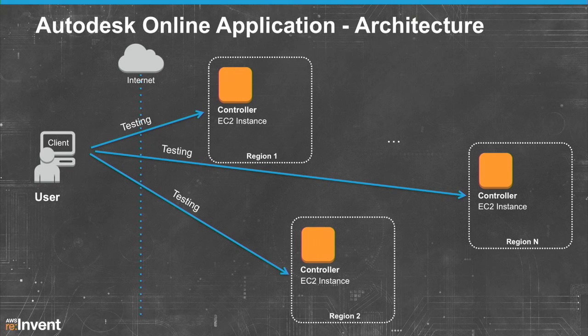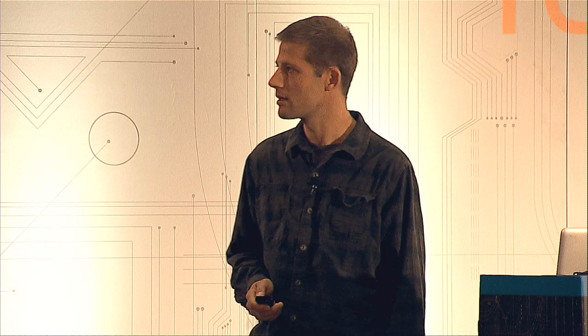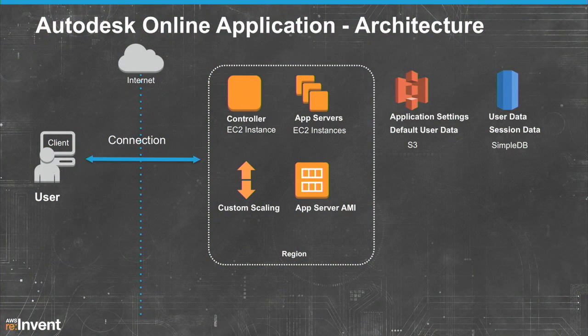A few words about the overall architecture of our application remoting solution. So the stack is deployed in multiple data centers for higher reliability. And the client determines which one is the closest. That data center is chosen, and the client connects to that through a controller instance. And the app servers are running on EC2 instances on demand, scaled up by our own scaling algorithm, which is because